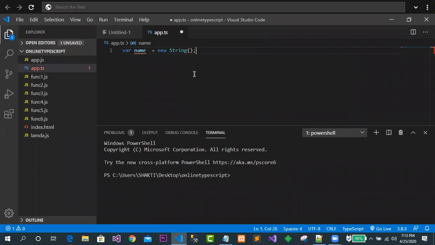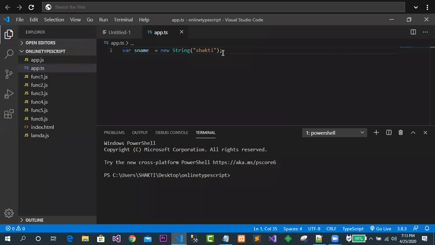But the name is not taken over here, because name is treated as something like a keyword, a reserved word, we can simply say. So that is why I have taken sname. And in here I have taken Shakti.